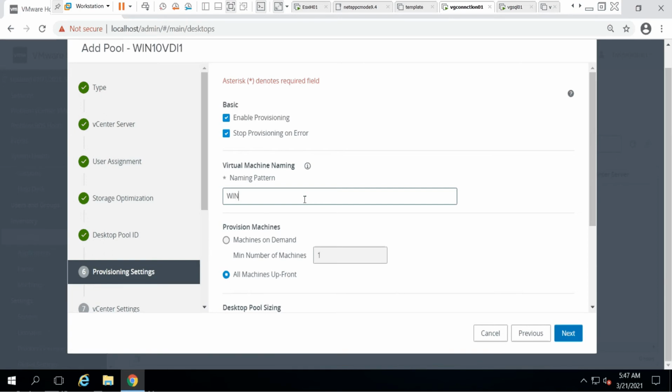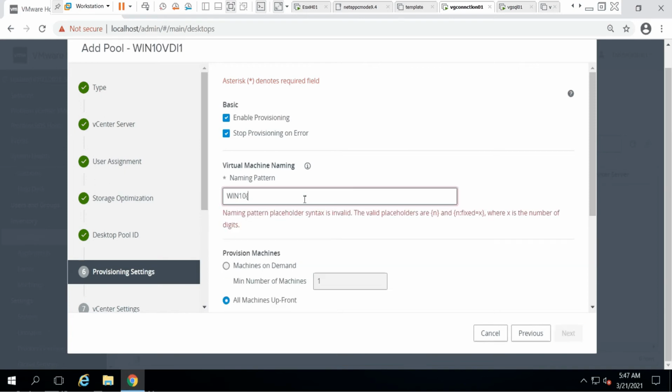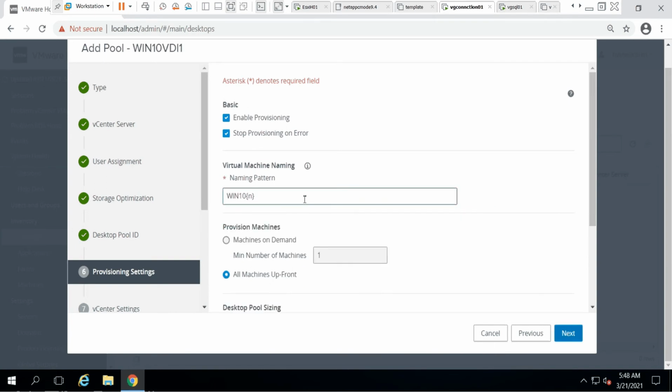I'm giving Windows 10 machine, and in the braces you need to give the n for number. So what happens is the first machine will be created with the name Win101, and the second machine will be created with the number incrementing.